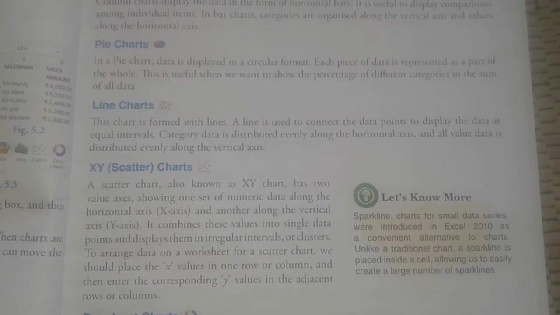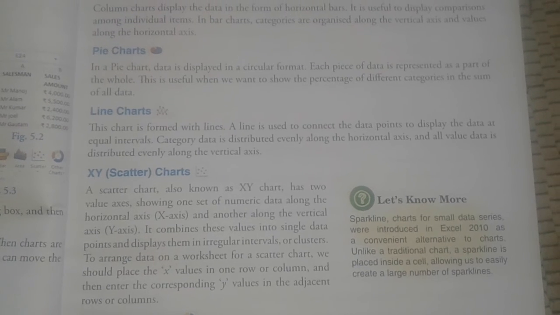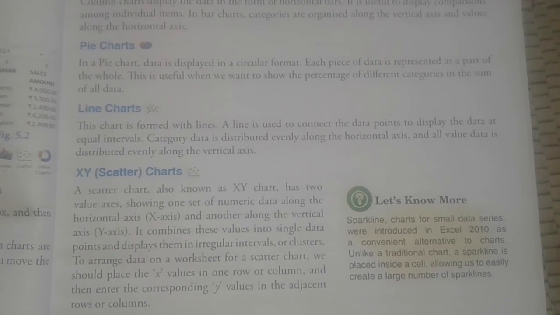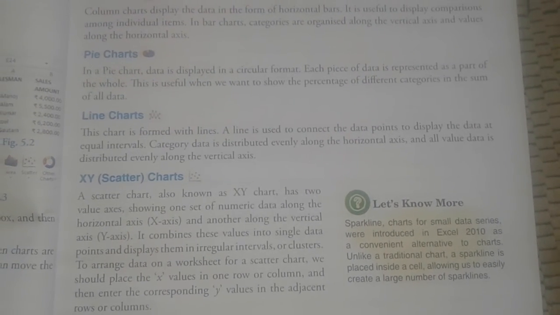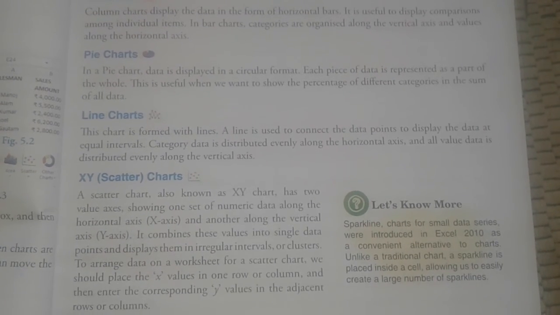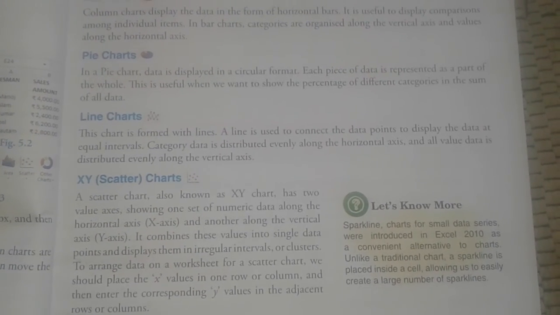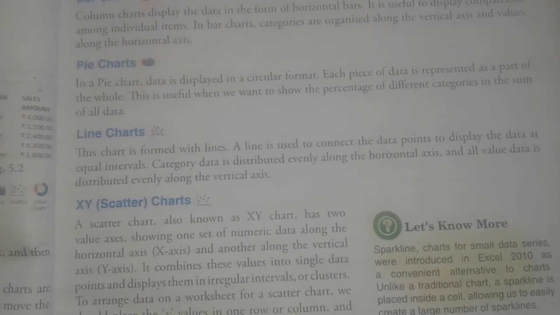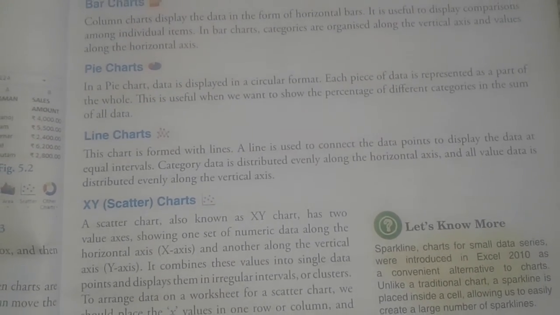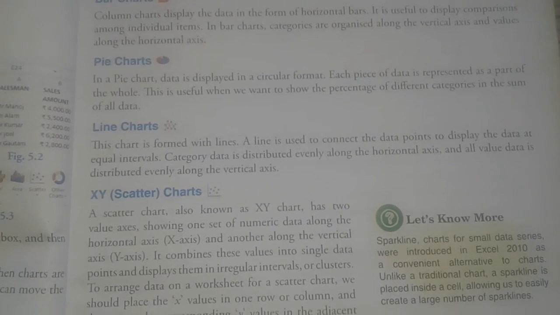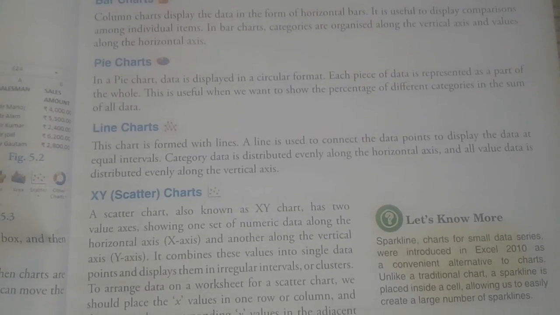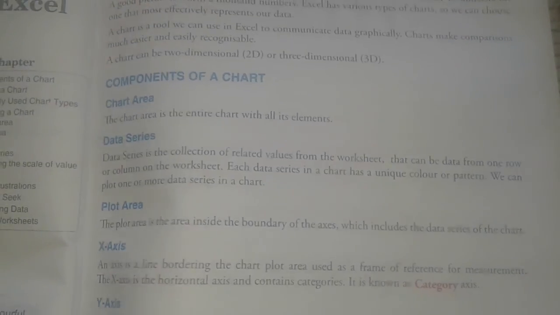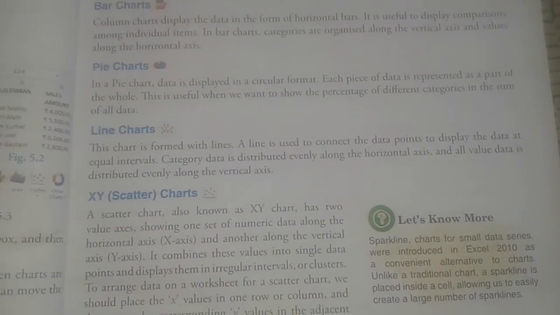Then by default the chart is placed on the worksheet as an embedded chart. The charts that are on the same worksheet as the data are known as embedded charts. We can move the chart to a different sheet also, because whenever we click on that, automatically the chart is going to be displayed over the data. But if you want to move that particular chart to the next page, we can, right?